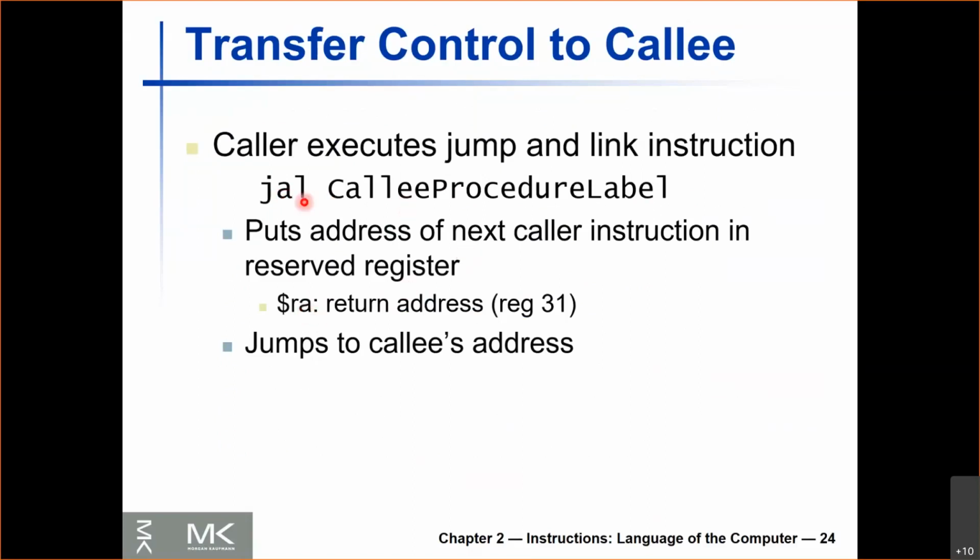And we use this when a function calls another function. Rather than using jump to go to the beginning of the function, we're going to use jump and link instead. And what jump and link will do is store the return address inside of a register,